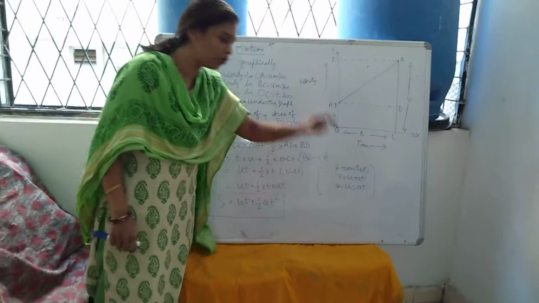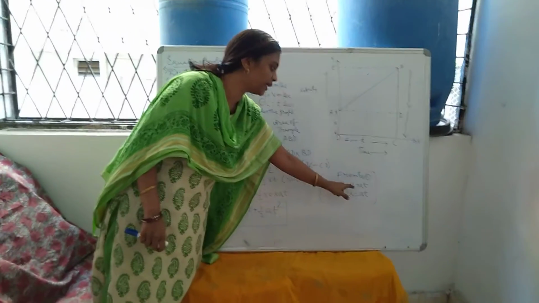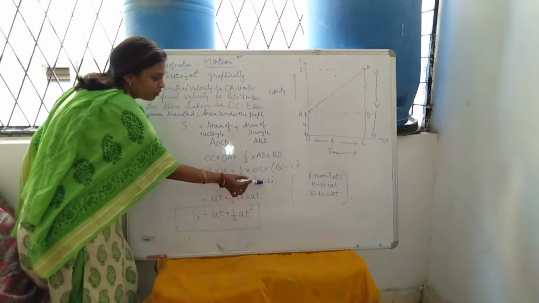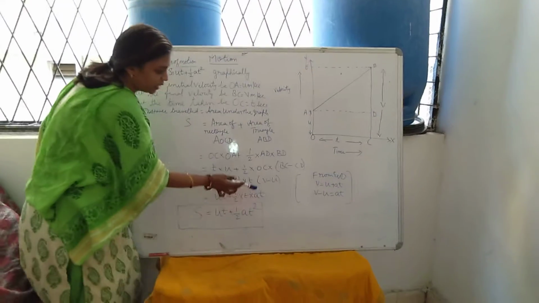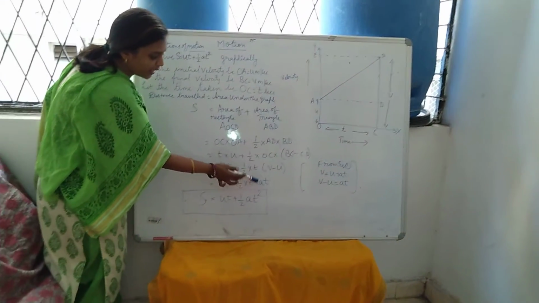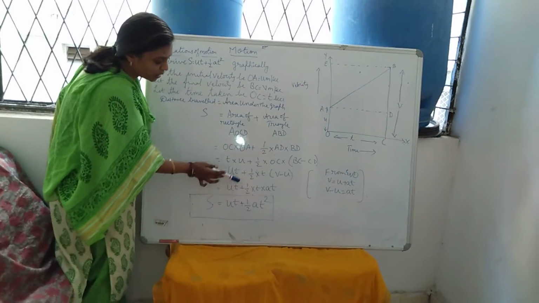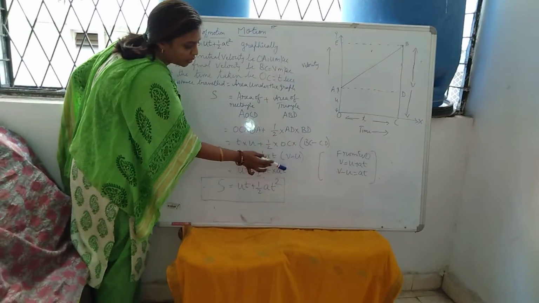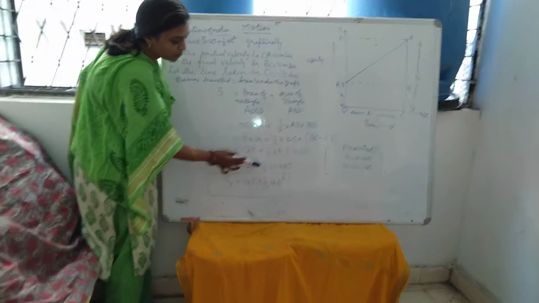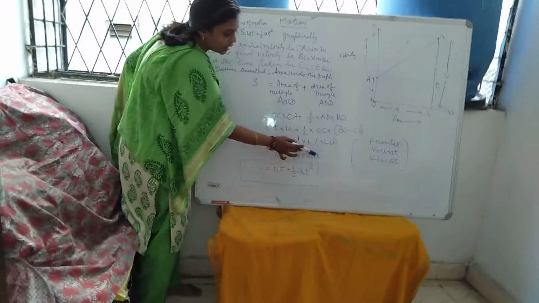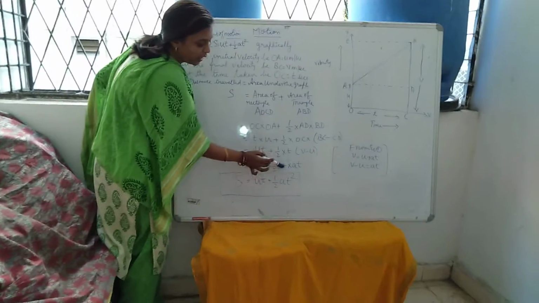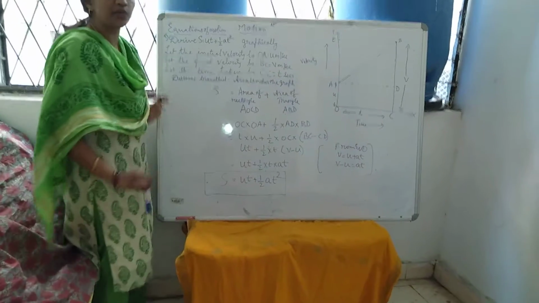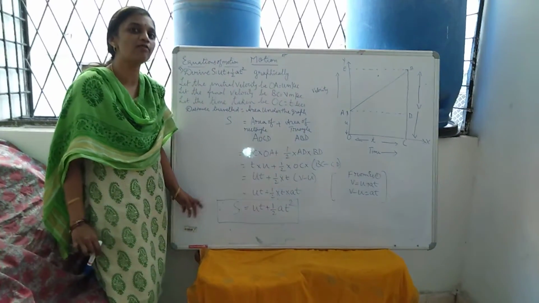Now from equation 1, what is equation 1? v is equal to u plus at. v minus u is at. Instead of v minus u, you will substitute this at. The same thing, ut I brought it here. Half t into v minus u. Instead of v minus u, I wrote at. So you will get ut plus half a, t into t is t square, a into t square. So ut plus half at square. So the second derivation is s is equal to ut plus half at square.